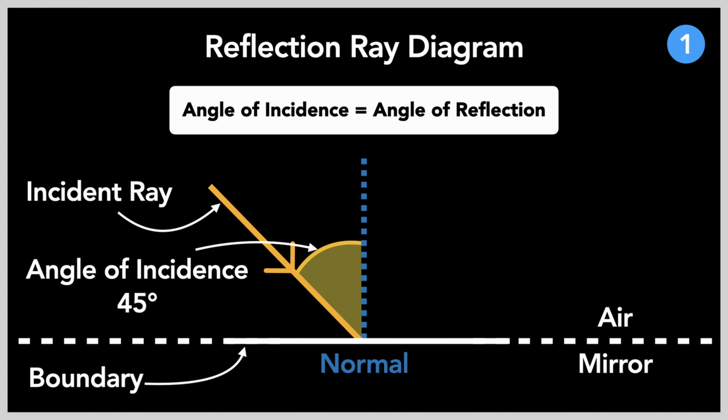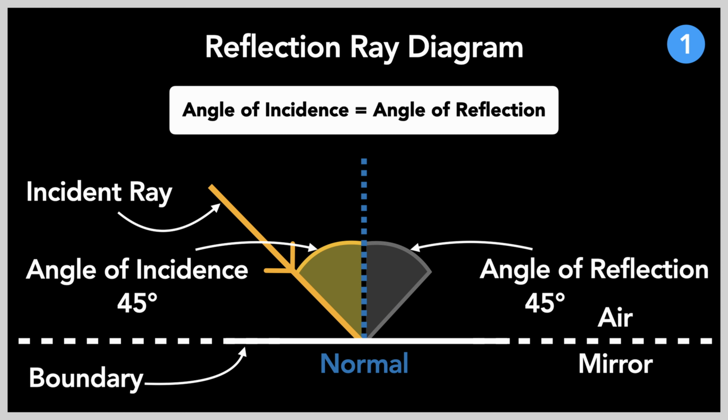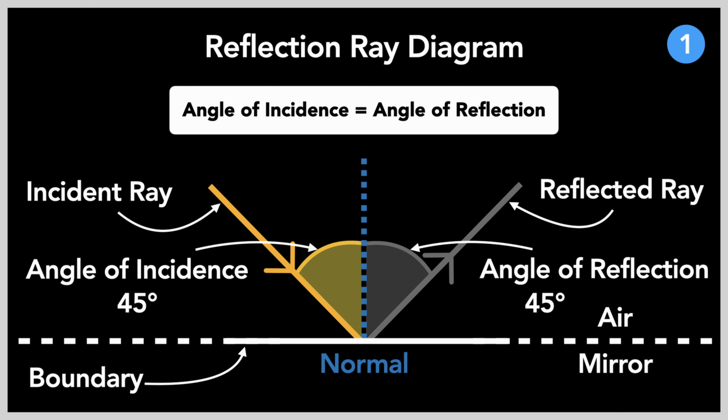Abiding by our previous rule, the angle of incidence is equal to the angle of reflection. The angle of reflection in this case would also be 45 degrees. We can draw a reflected ray, likewise, pointing upwards. A thing to note is that the point where the incident ray and the boundary meet is called the point of incidence, marked here in red.